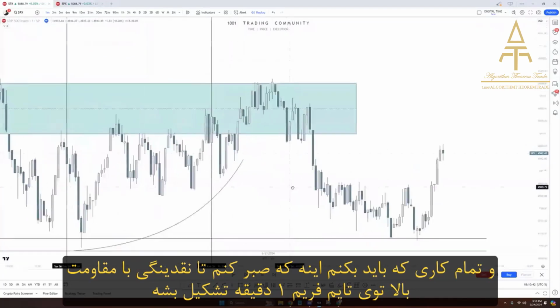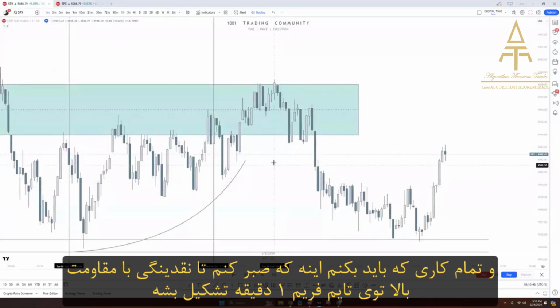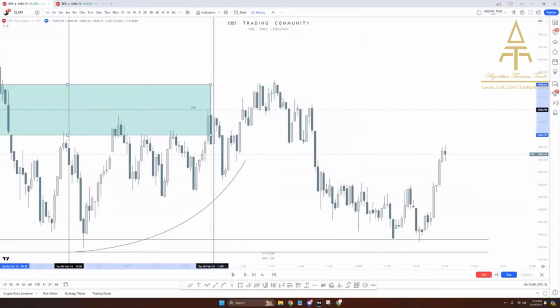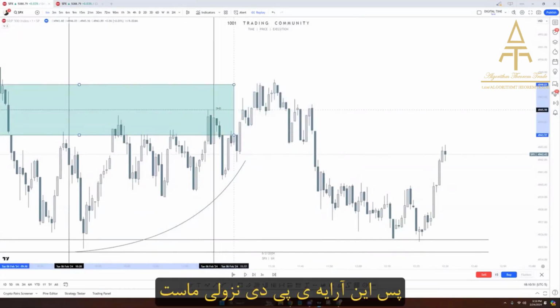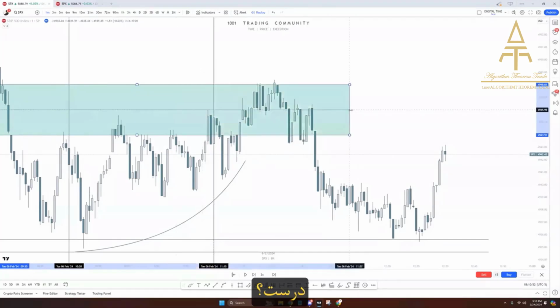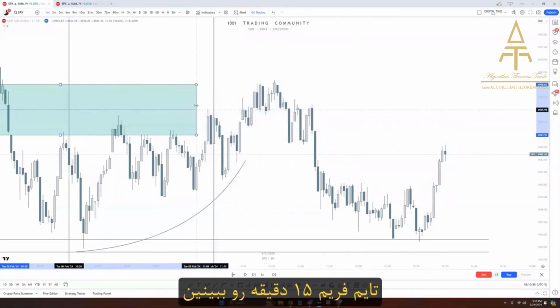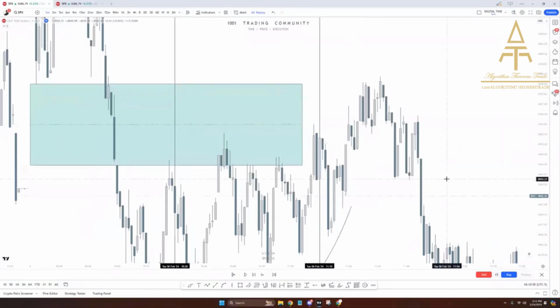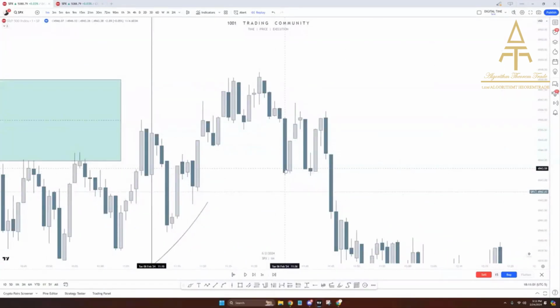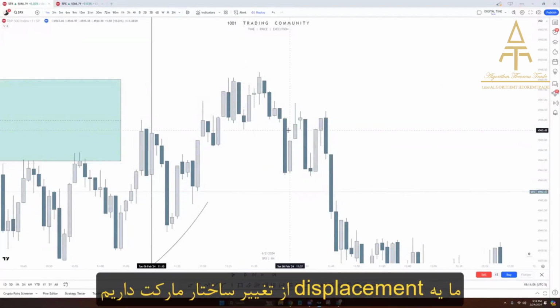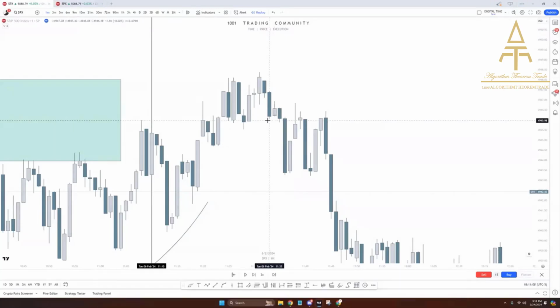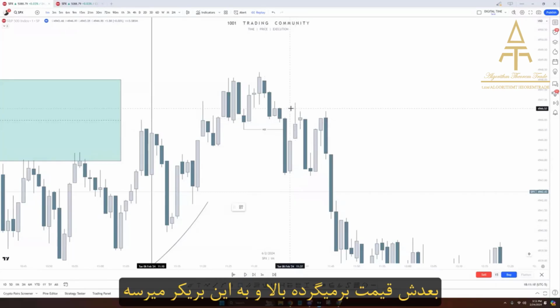All I need to do now is wait for high resistance liquidity to form on the 1 minute, and I'll dissect it here for you in a second. So that's our bearish PD array, right? Observe the 15-minute. What's happening here? Model 110. But when it comes to price, what's happening? There's your market structure shift, displacement. Price then goes back up,